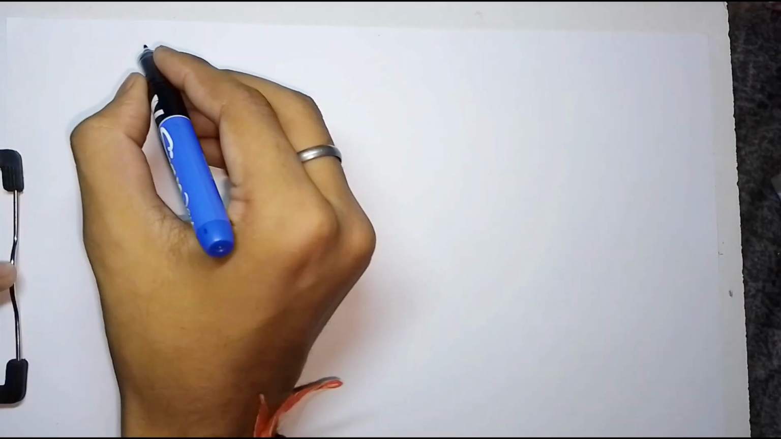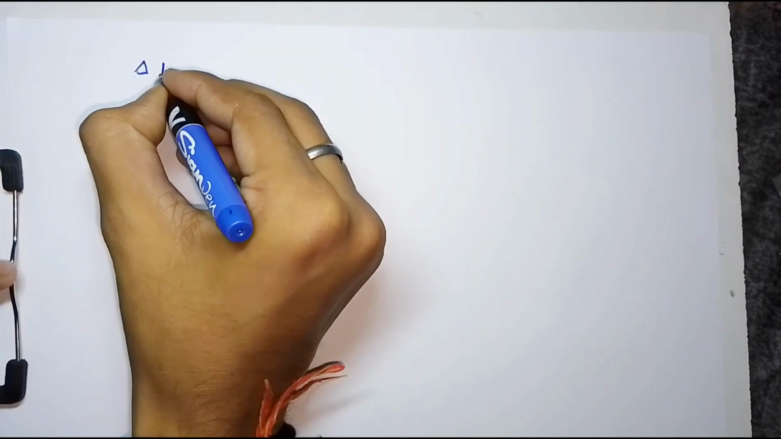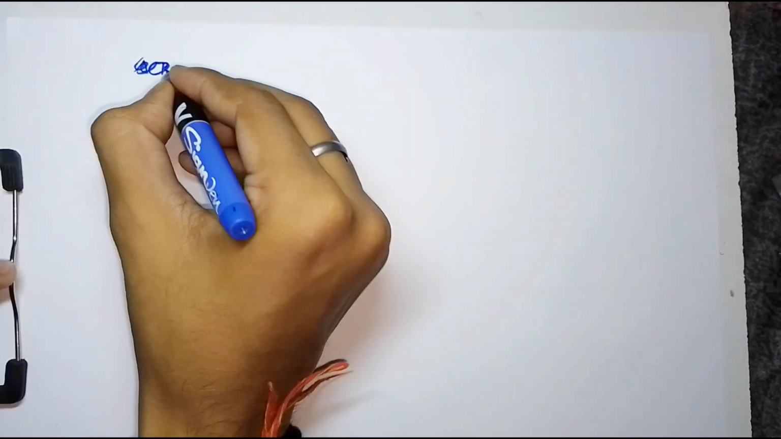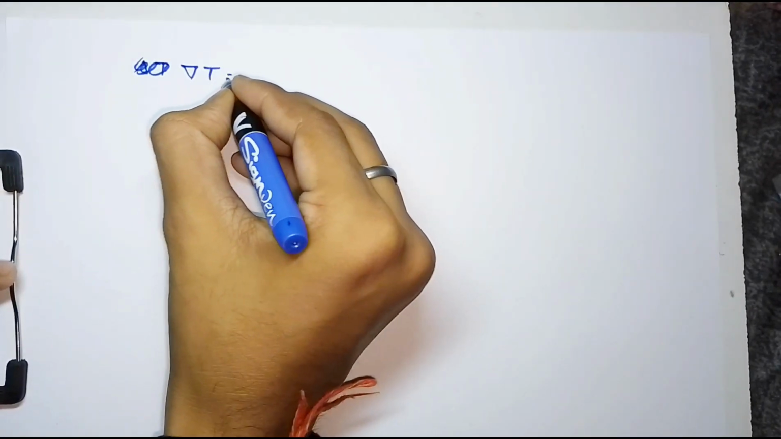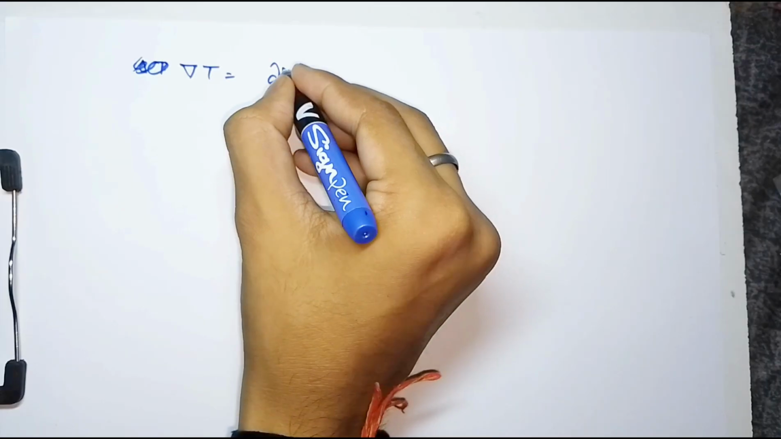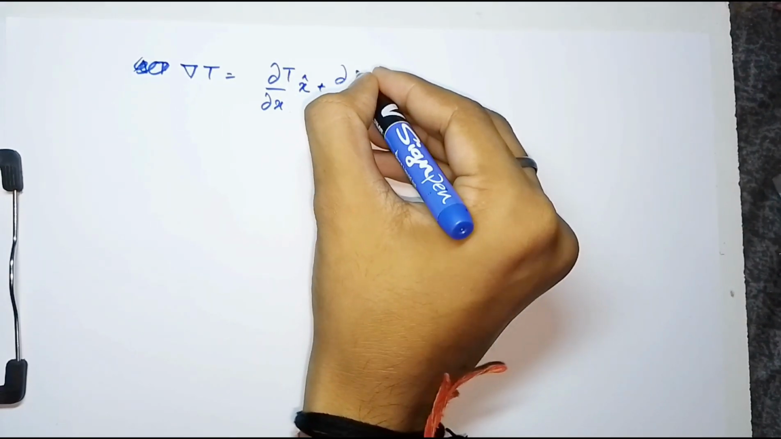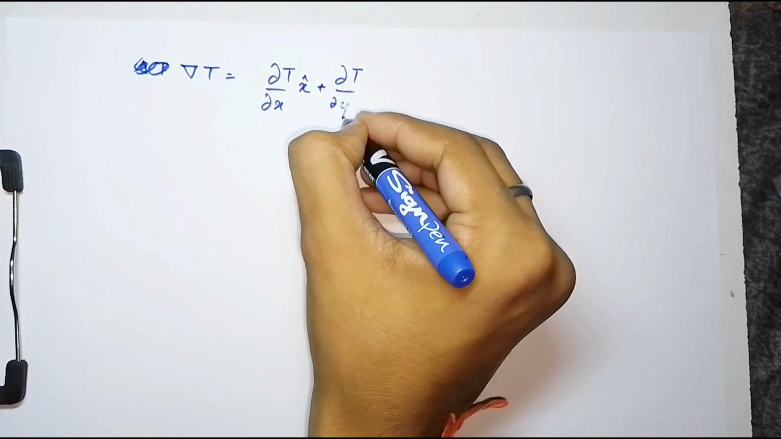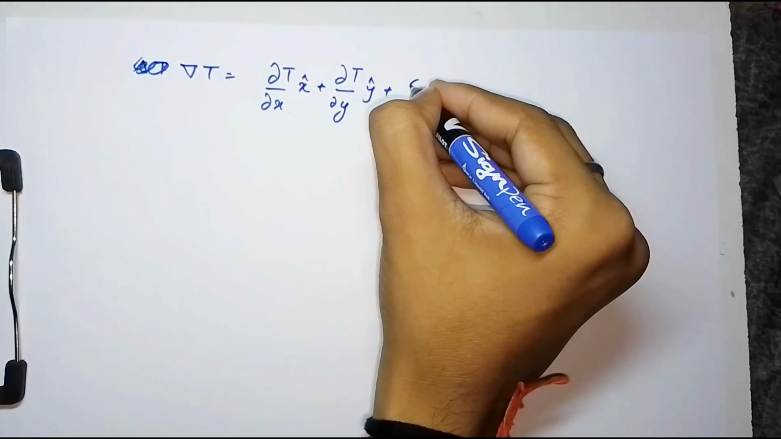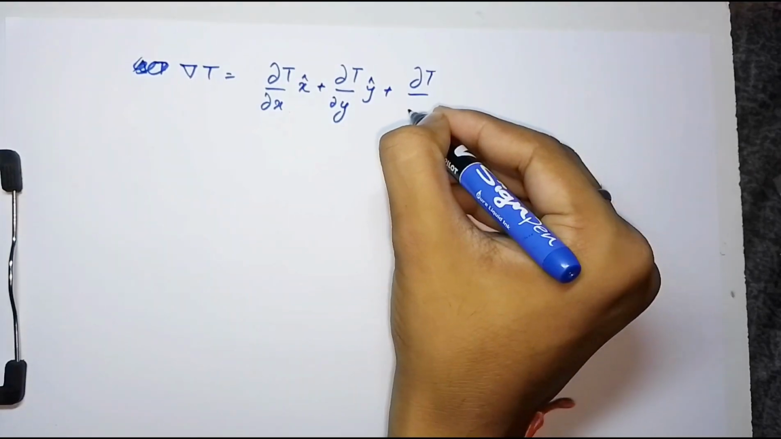Everyone. In this video, we are going to continue our discussion about the gradient of a vector, and we will learn about a new operator, that is the del operator. So let us first understand what the gradient of a vector was. In the last video, I told you that this is delta t, the gradient of vector t, which is something like dt upon dx x cap plus dt upon dy y cap plus dt upon dz